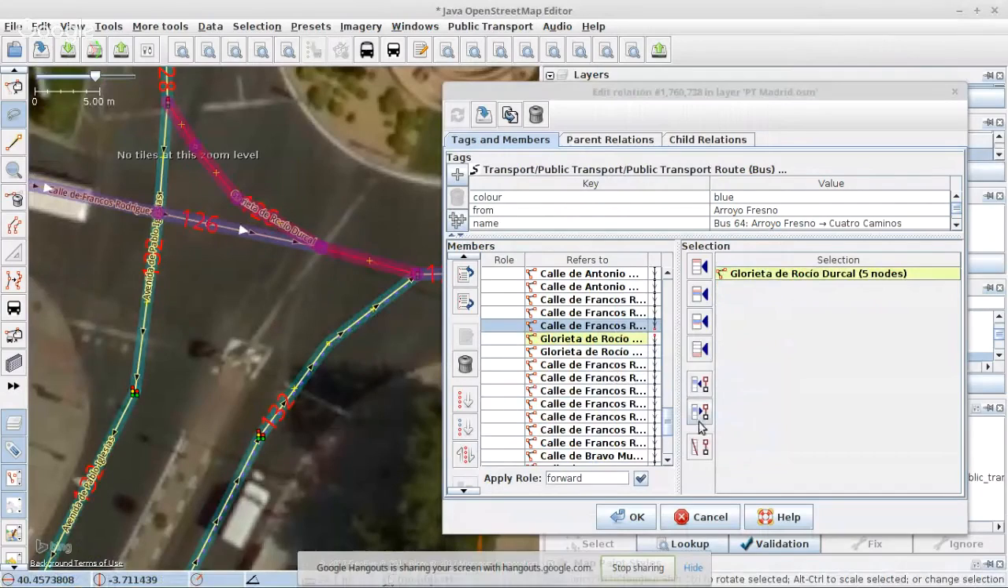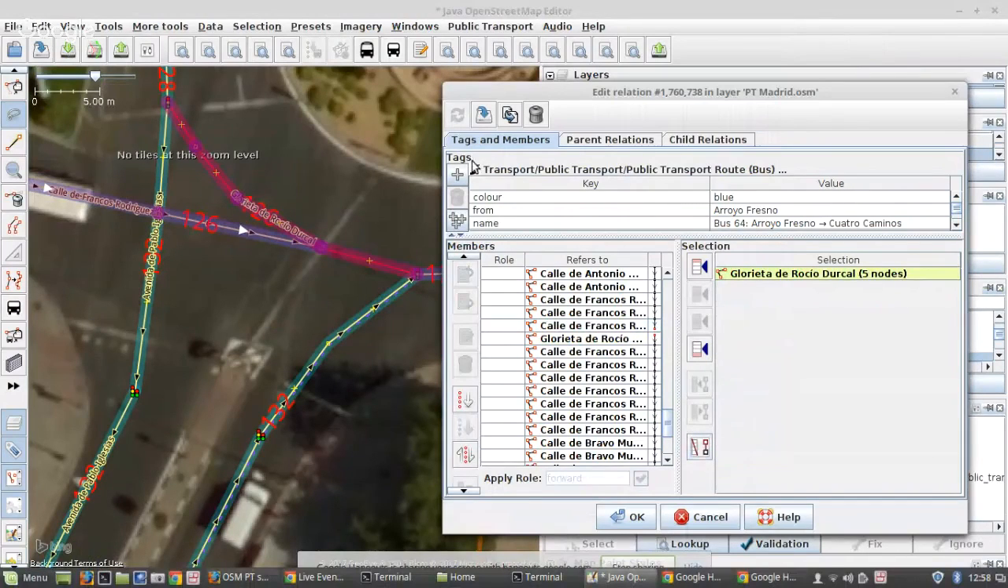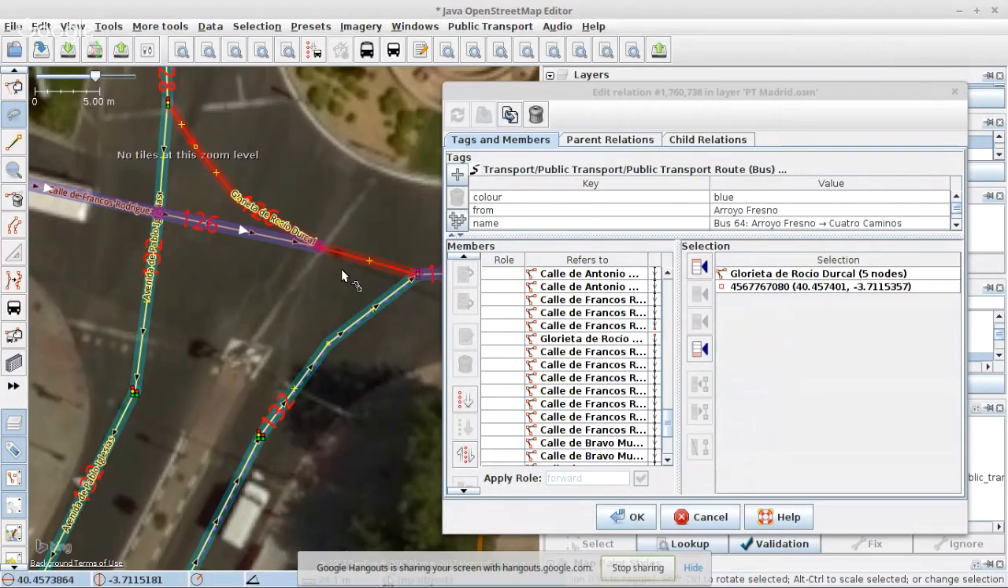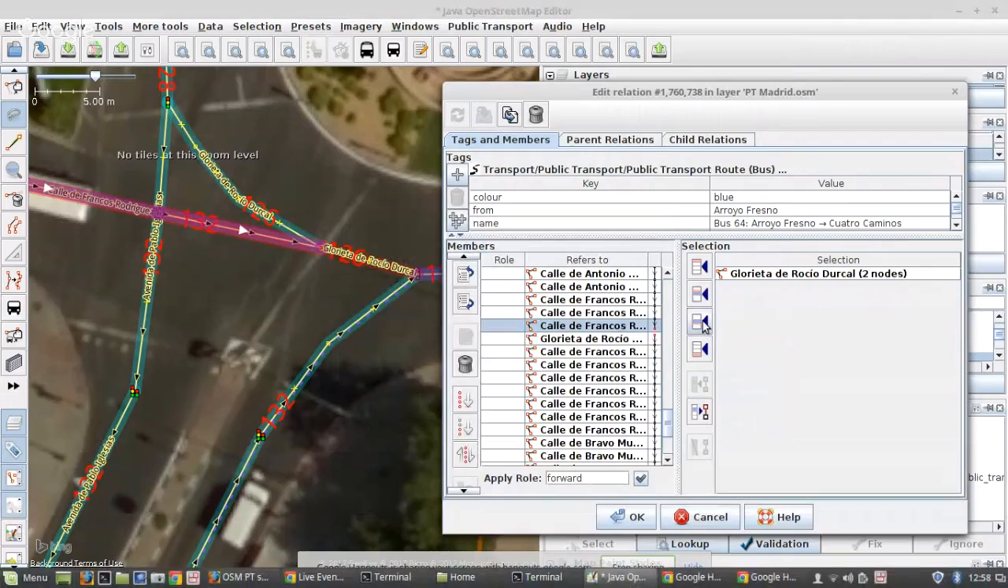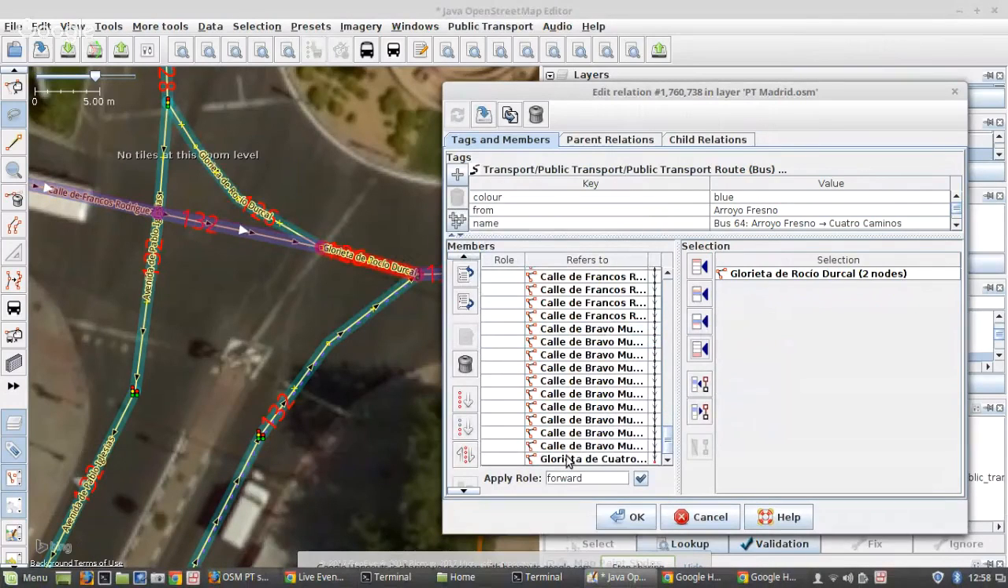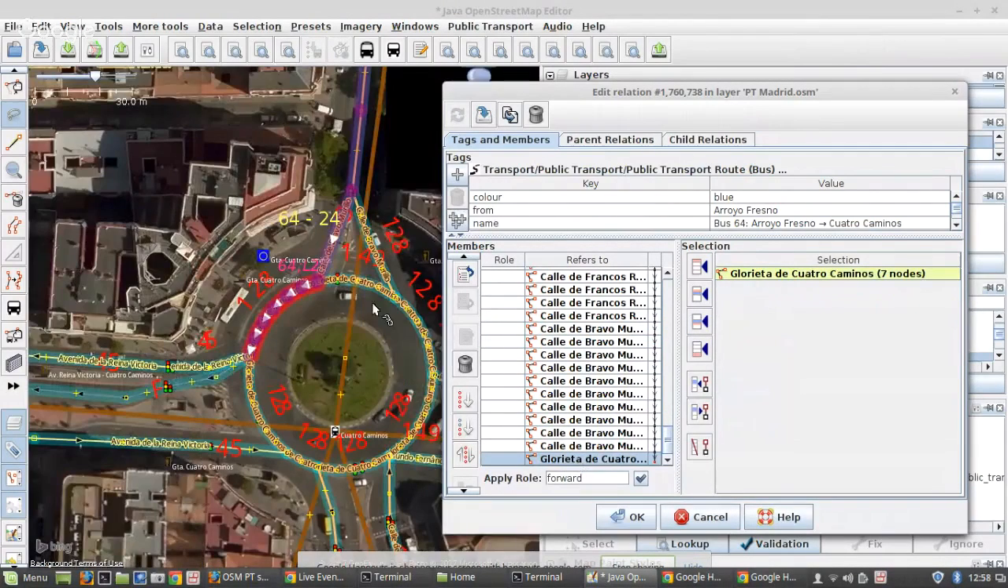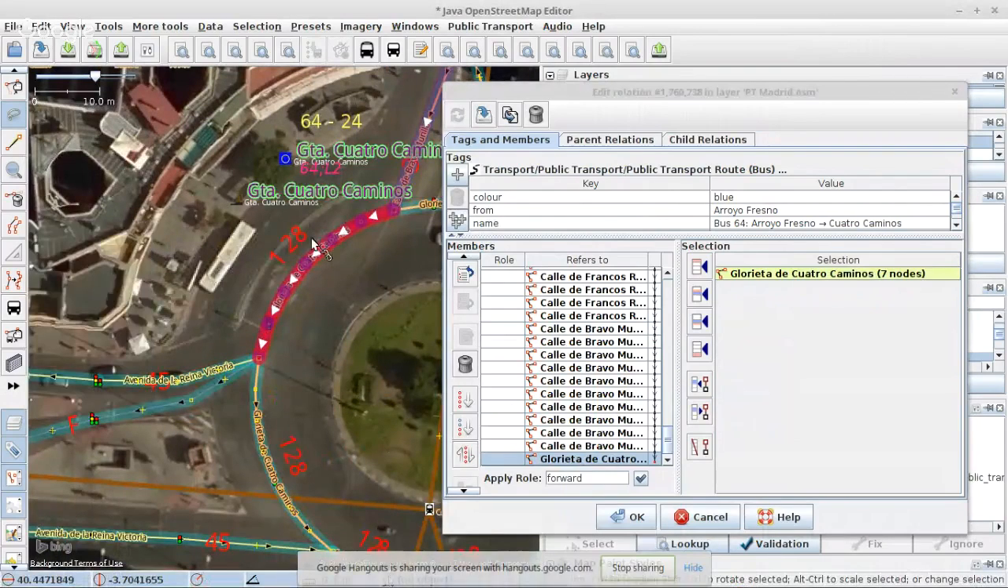This way doesn't belong in there. I can use this button to remove it. But then of course I have this gap here. So I still need to split there, select that way, add it. There you go. So this one is complete except for